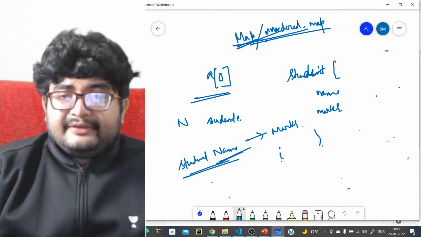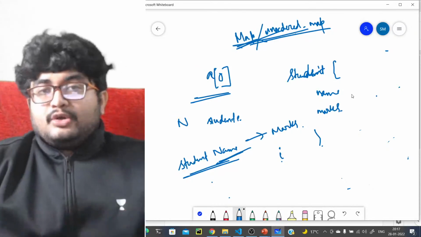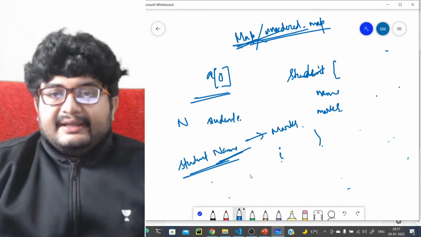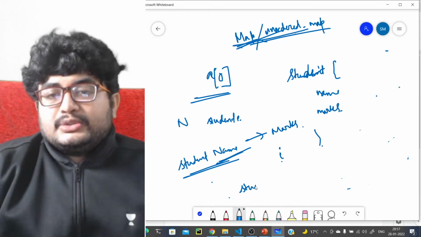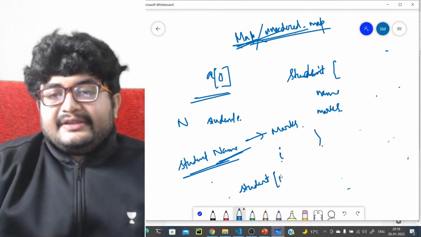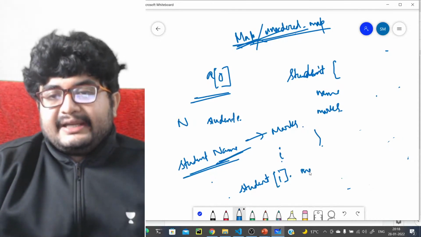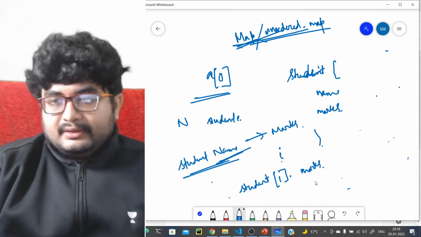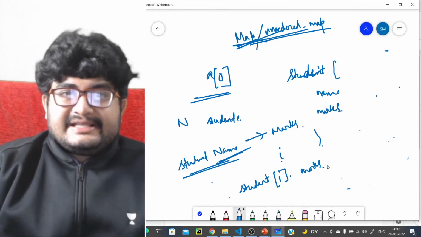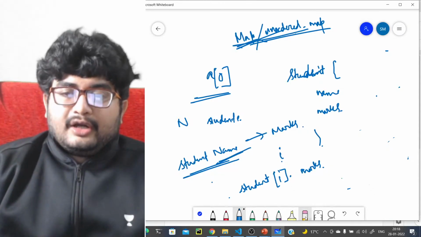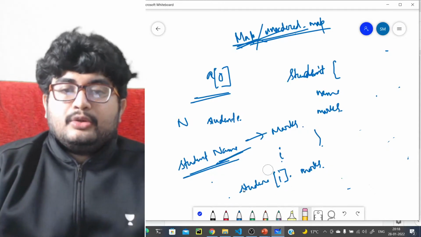You can definitely do that. You will say, I will store all the students in an array, then I will just do like this. Let's say the students array is like this, you will just do student I dot marks, right? You will just print this thing. So definitely this is easy, and this is order of one time. It will take order of one time to do, and it is very easy to code.